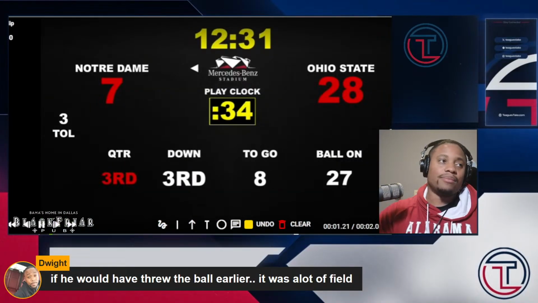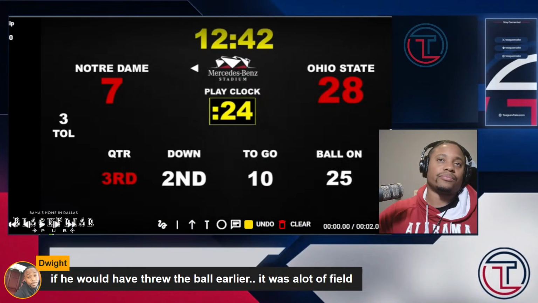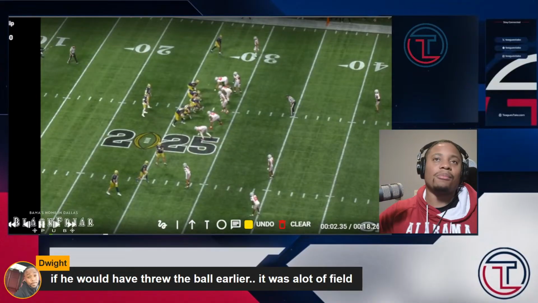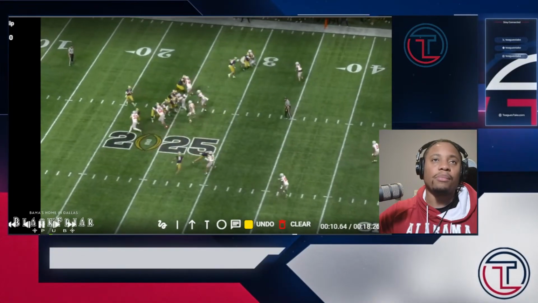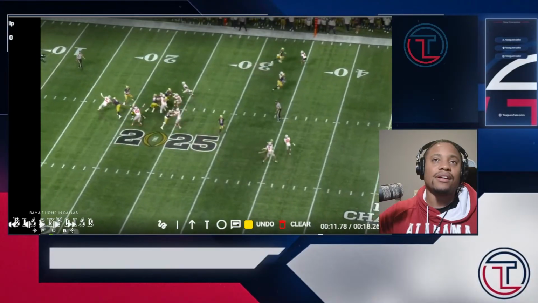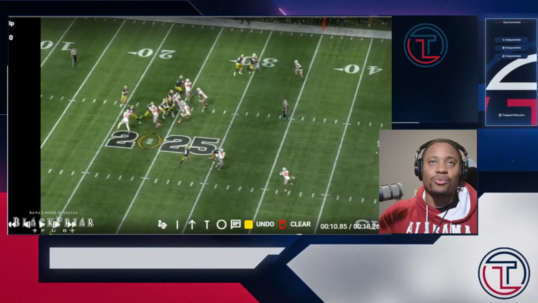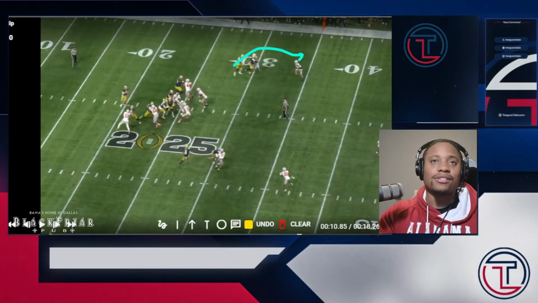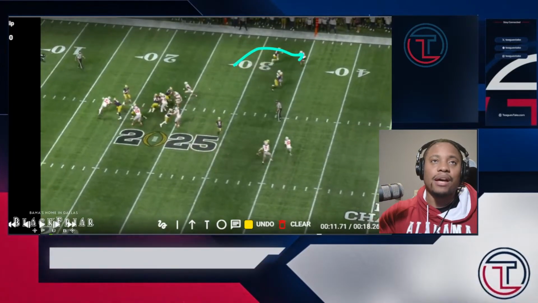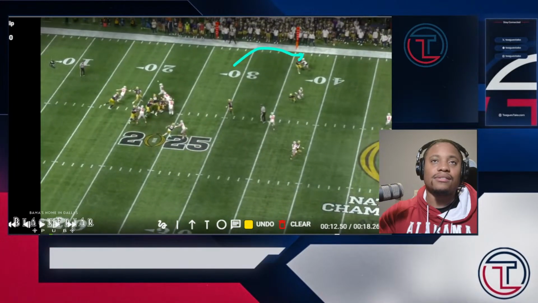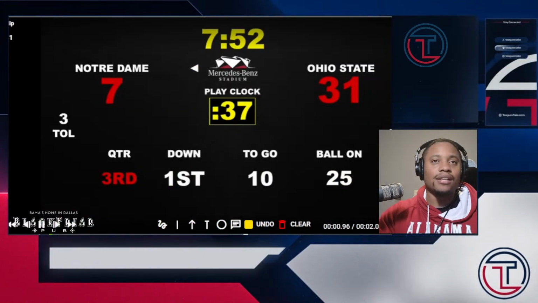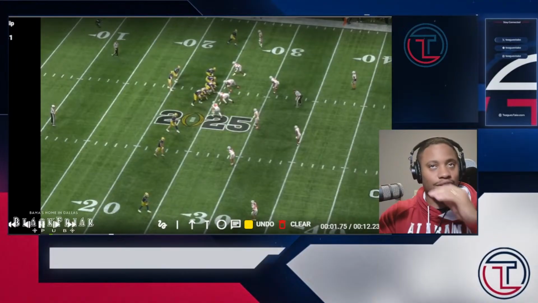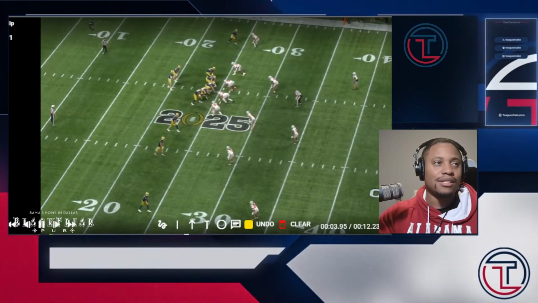I wonder if he had his eyes down because of some of this pressure or not, or if he's looking backside. I think it's just the read. He's probably looking at this first. And he comes back too late. Yeah, because he doesn't throw it until he gets in his vision. I don't know. Not an offensive guy, so I can't really tell you what the progression should be, but